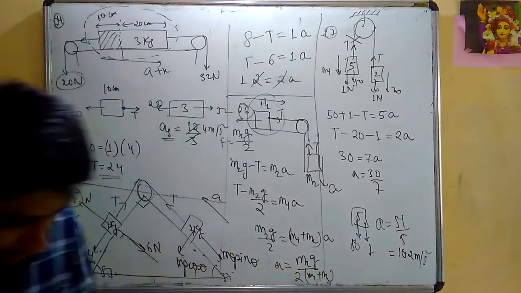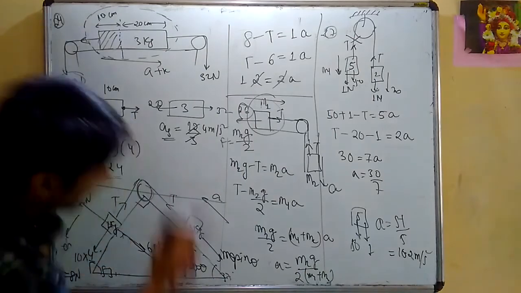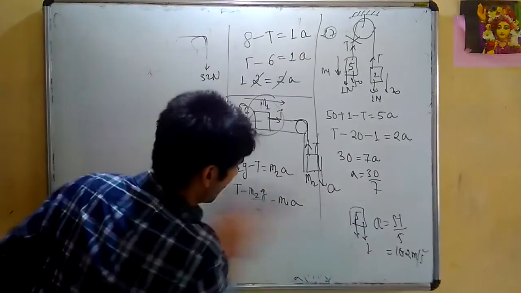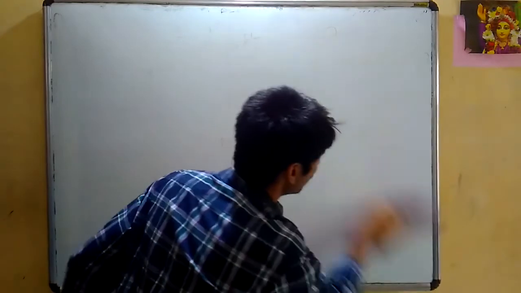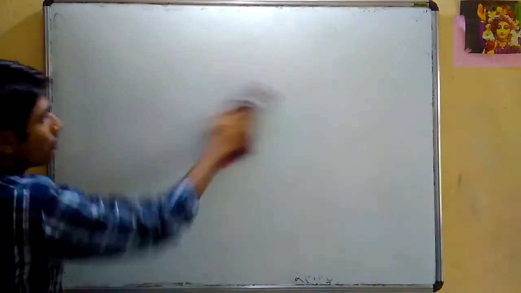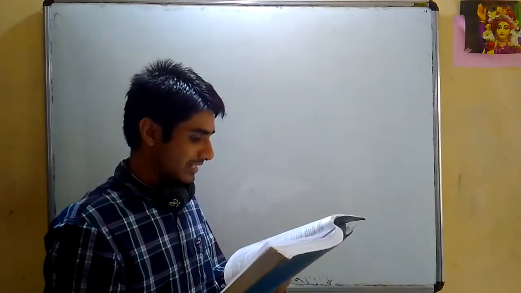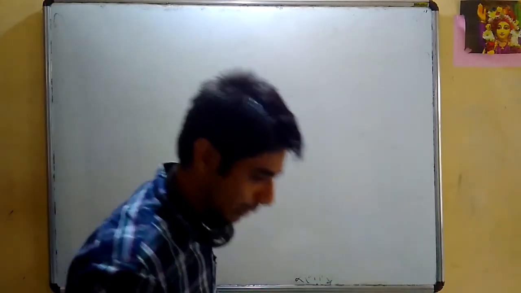Now let us solve question number 28, 29 and 30 quickly. If you see carefully, the concept we will use in question number 28 resembles what we had used in question number 16. The concept we used in that particular question will be used in question number 28 as well. The question is: 1 kg, 2 kg and 3 kg are kept.